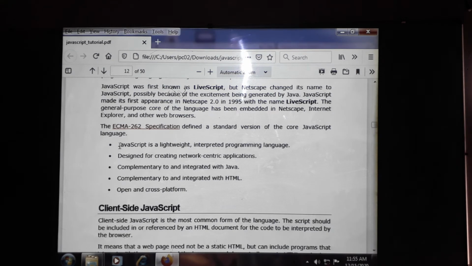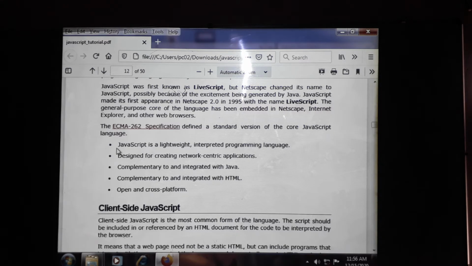We can see the highlights of JavaScript. JavaScript is a lightweight and interpreted programming language. Here we embed it in the HTML program and create dynamic web pages. Here we use three technologies; it is a combination of technologies. We need to use the HTML program along with JavaScript, along with CSS properties also.